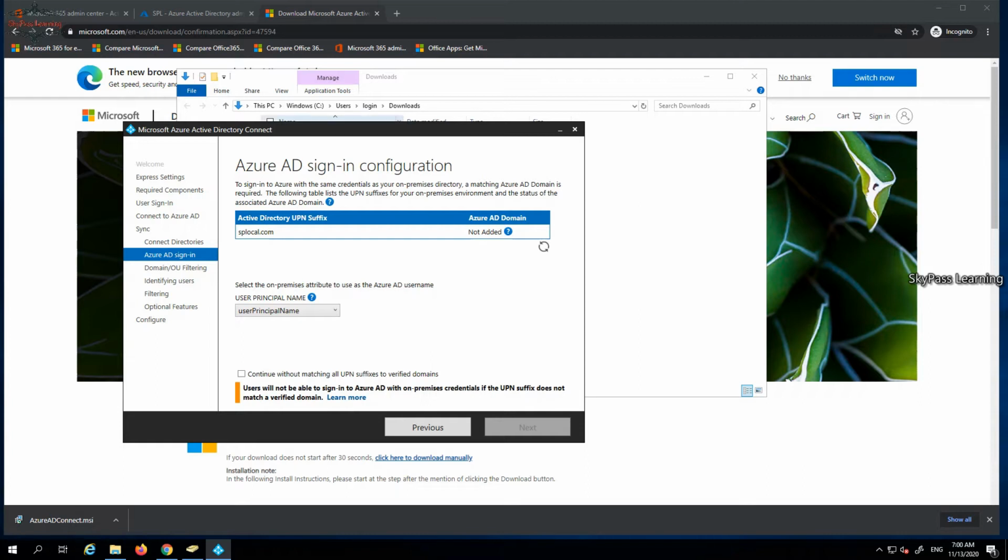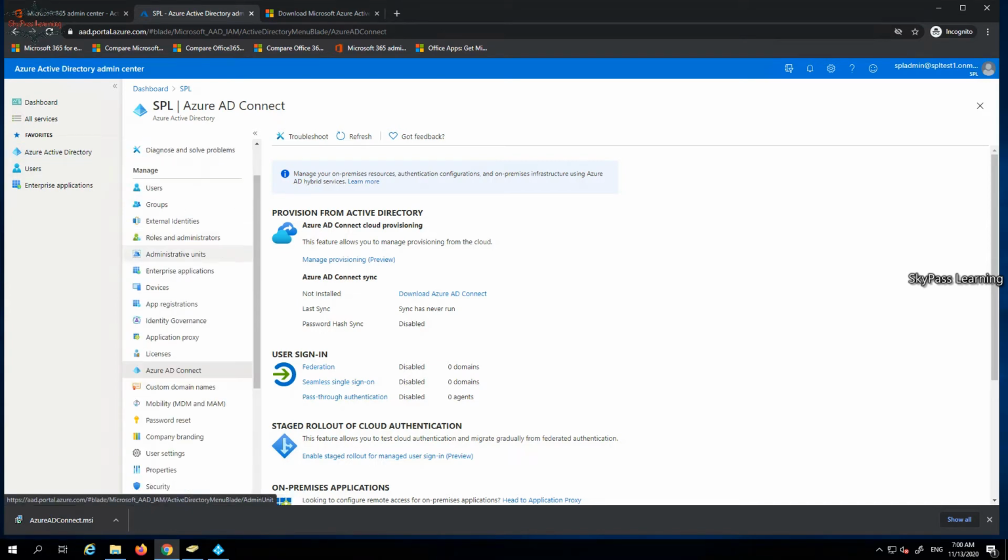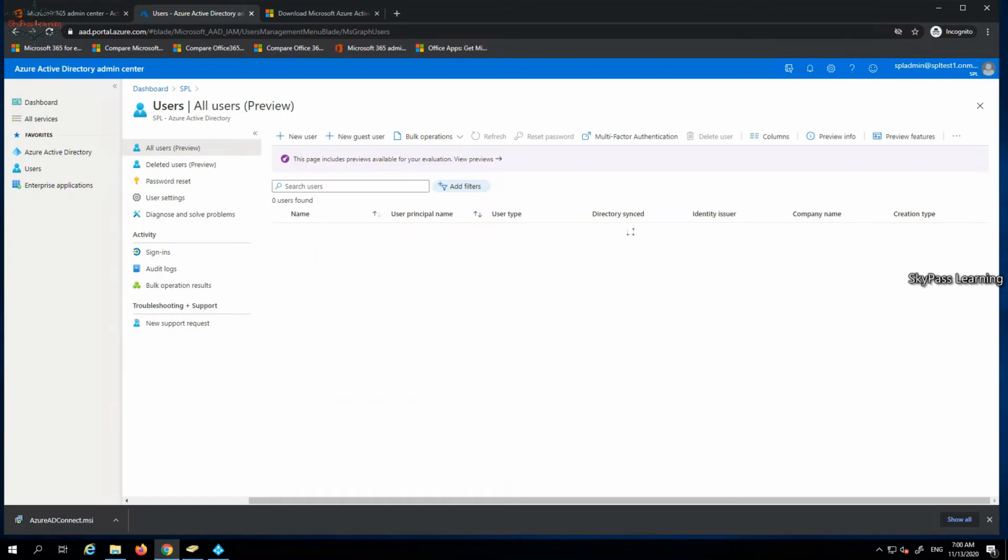In my Active Directory information, if I click on my existing domains or on the users, you can check it. I have a default domain of spltest.in only. So this is the challenge which I can see here, and obviously you will also get it.